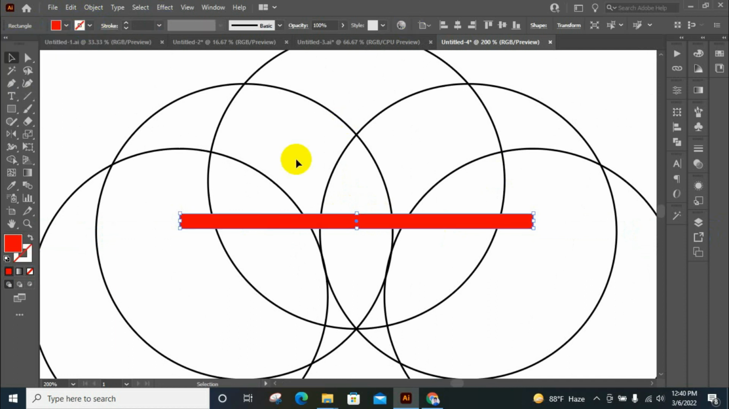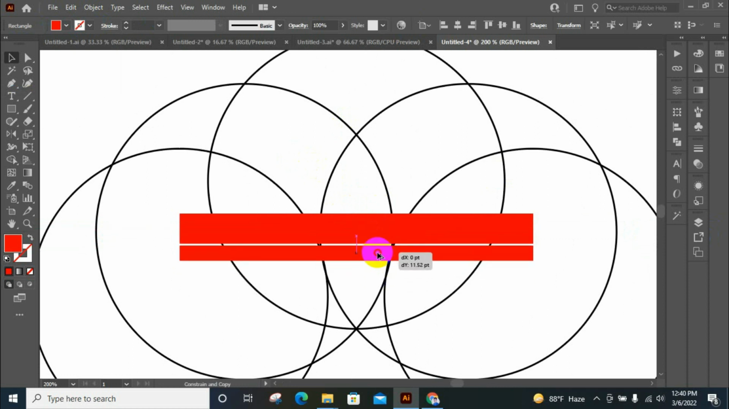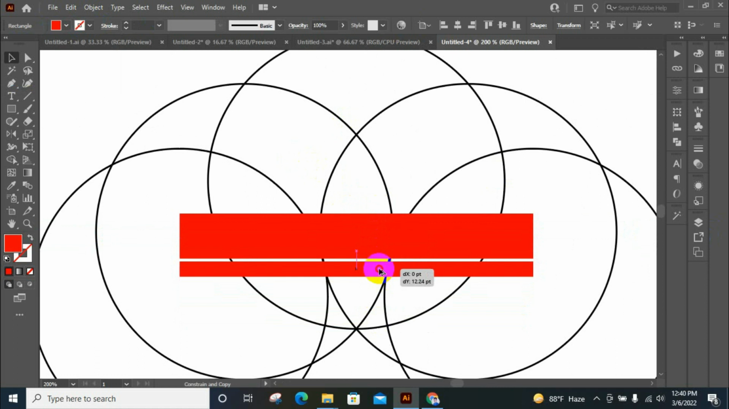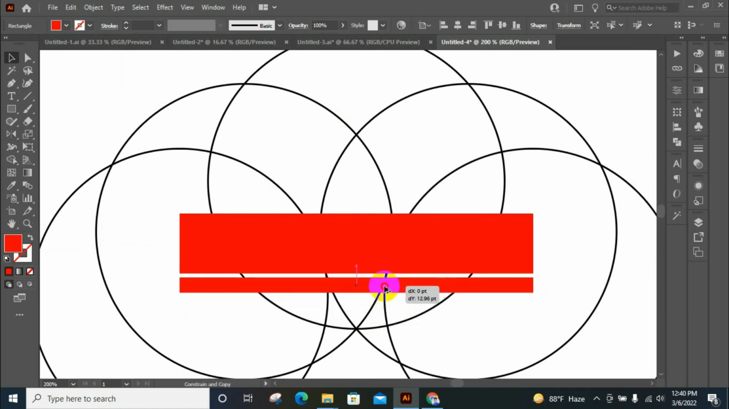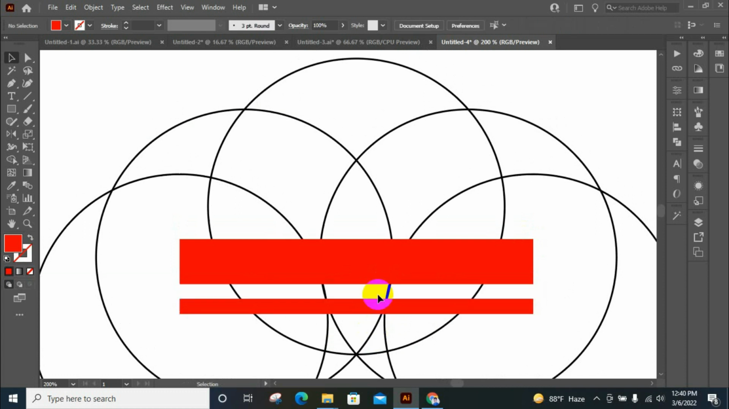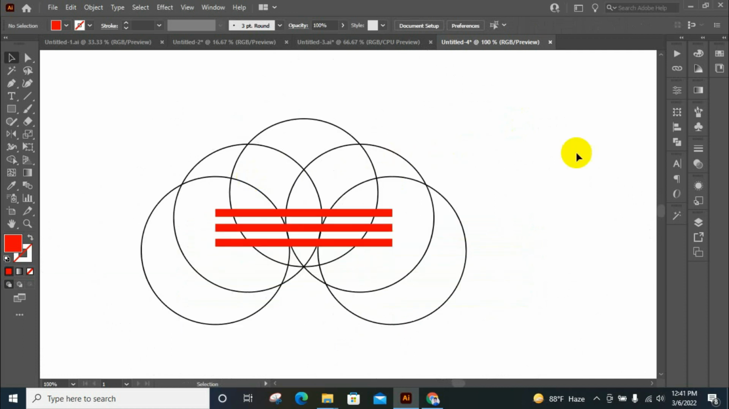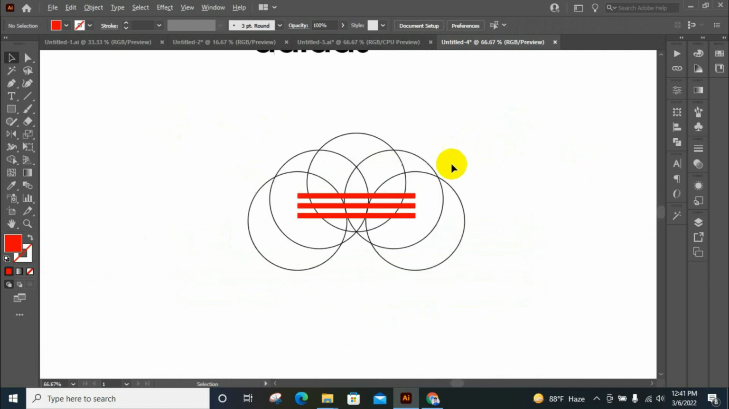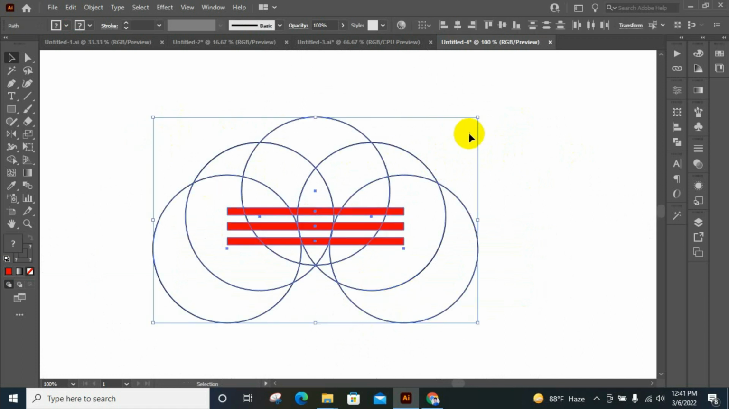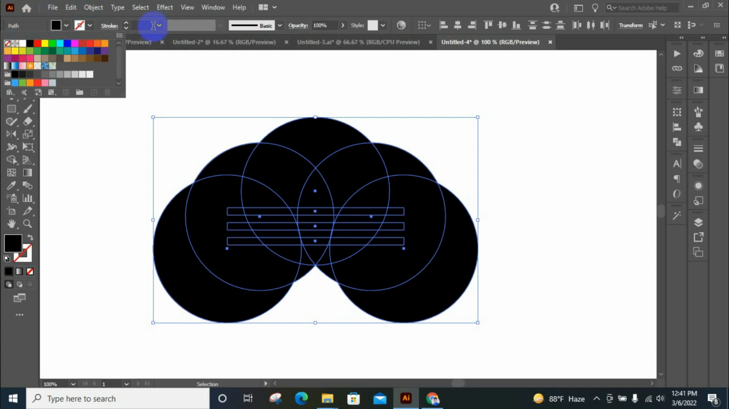Now pick up the fill color, non-stroke color, hold Ctrl plus Shift, copy and adjust. Do same thing again. Now select this part and press delete. Now select all and pick up the fill color. Non-stroke color,